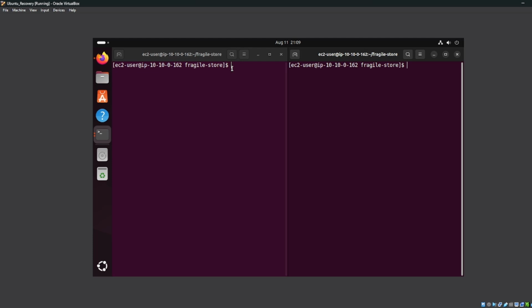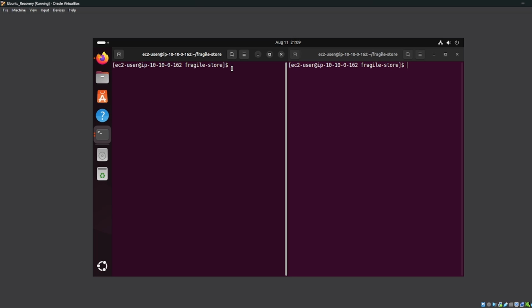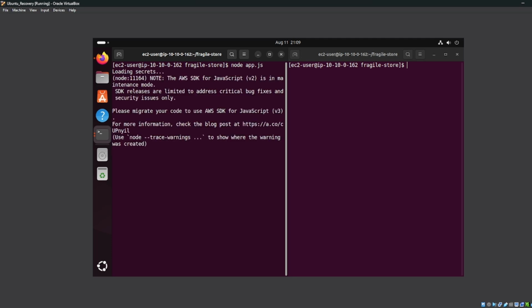I'm just going to show you guys what I made if I try starting the database, or the application server. As you can see, the application just hangs indefinitely at startup